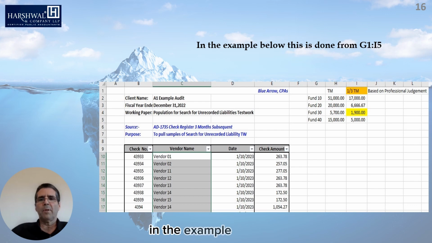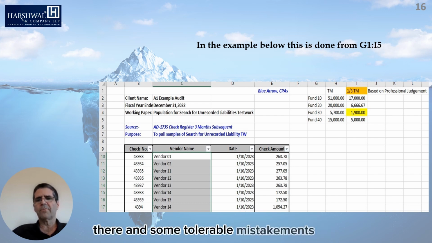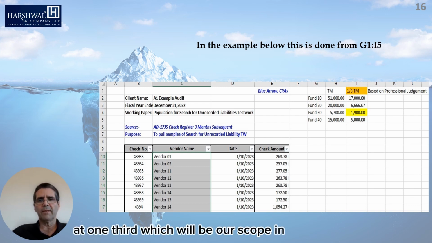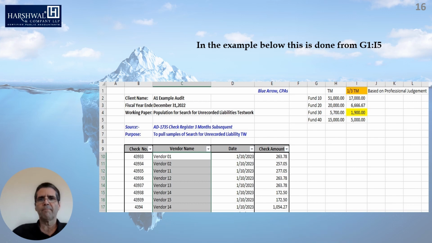In the example below, this is done in G1 to I5. You see I've made up some various funds there and some tolerable misstatements, and based on those calculated the tolerable misstatement at 1/3, which will be our scope in this example.